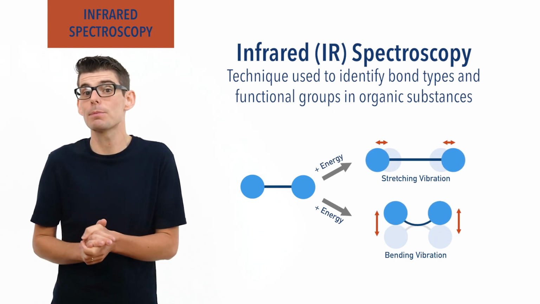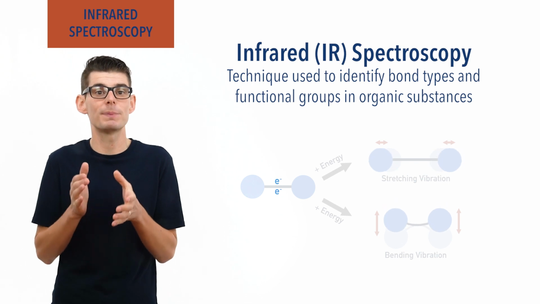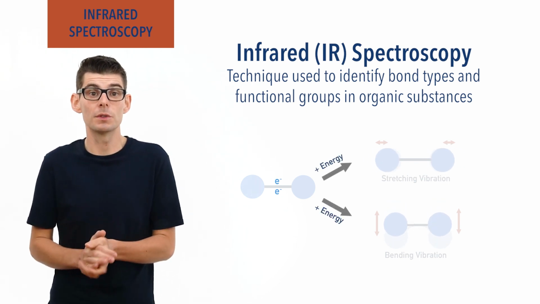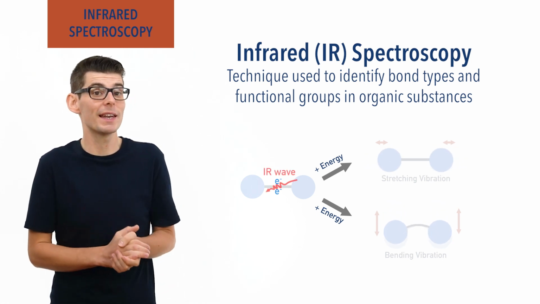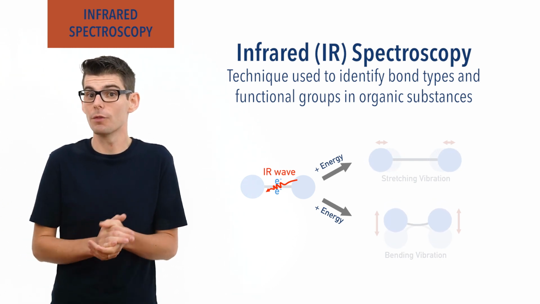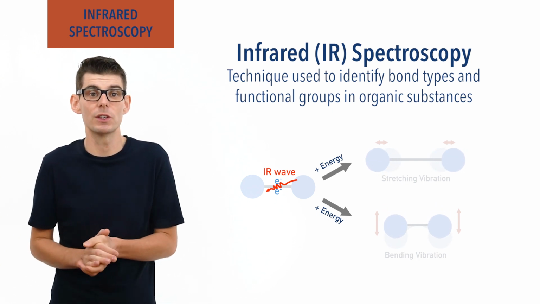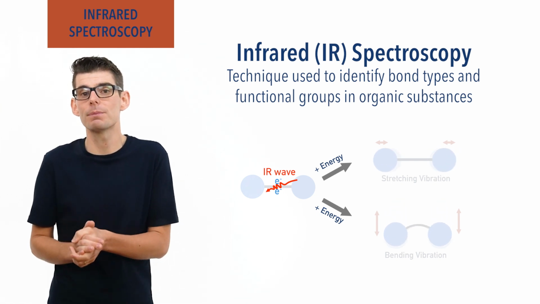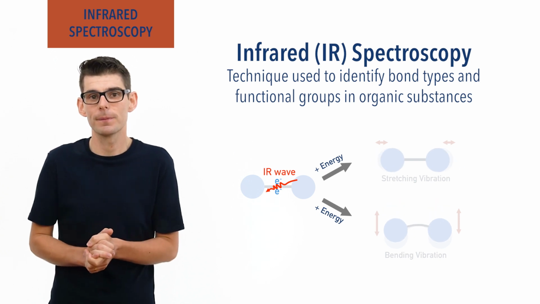To make a bond vibrate in either of these ways, the electrons in it must absorb a specific amount of energy. For most bonds in organic molecules, this energy can be found in waves from the IR region of the electromagnetic spectrum. Meaning if a specific wave of IR radiation is shone at a sample that provides just the right amount of energy needed to vibrate a particular bond in it, the bond in the sample will absorb this energy from the wave and begin to vibrate.